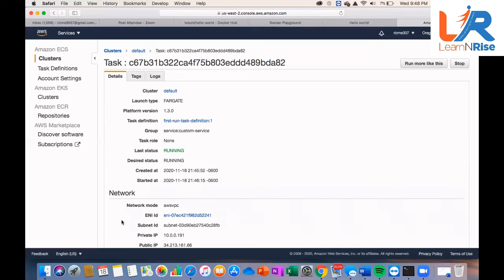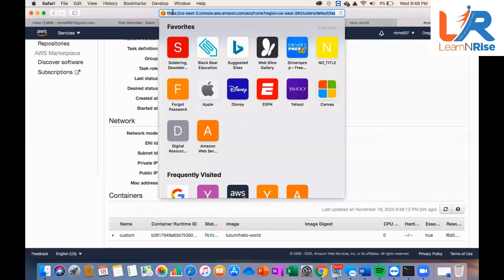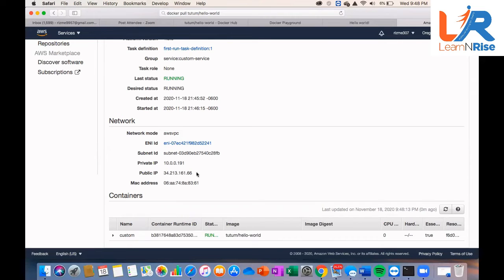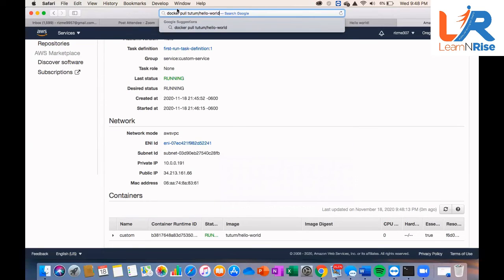Good. Now scroll down till you see the network. Now you get a public IP. Just copy and paste the public IP in a browser. It is not copied. It's not working.